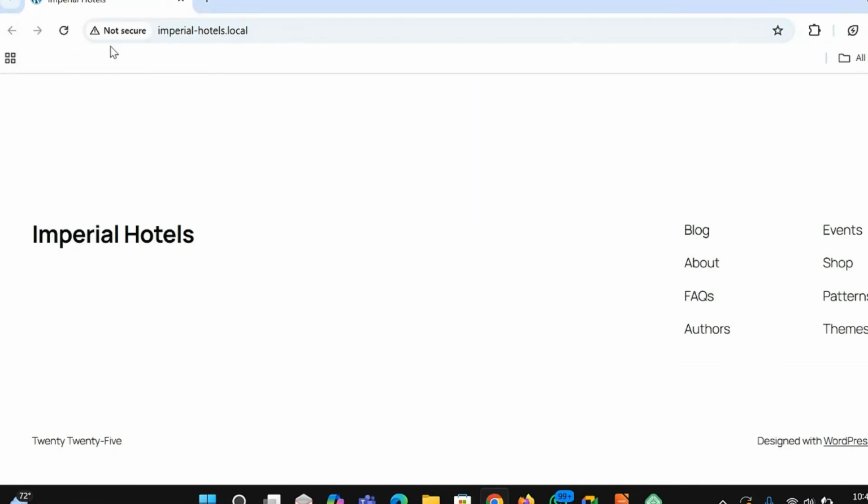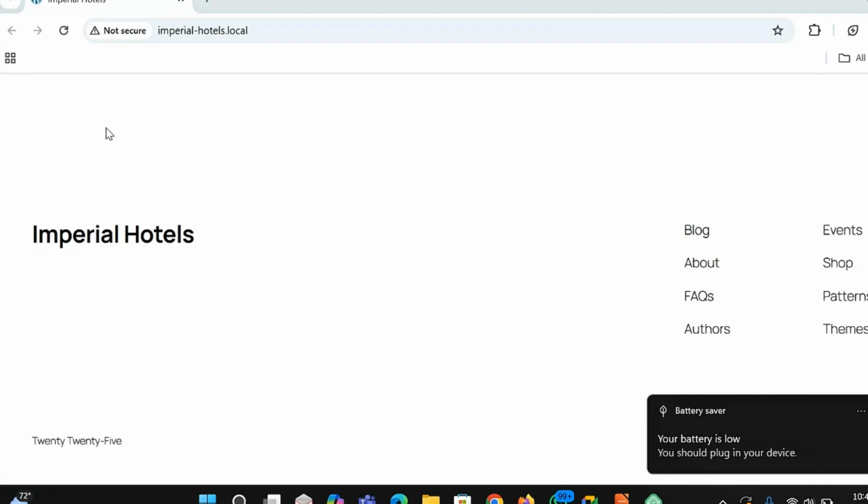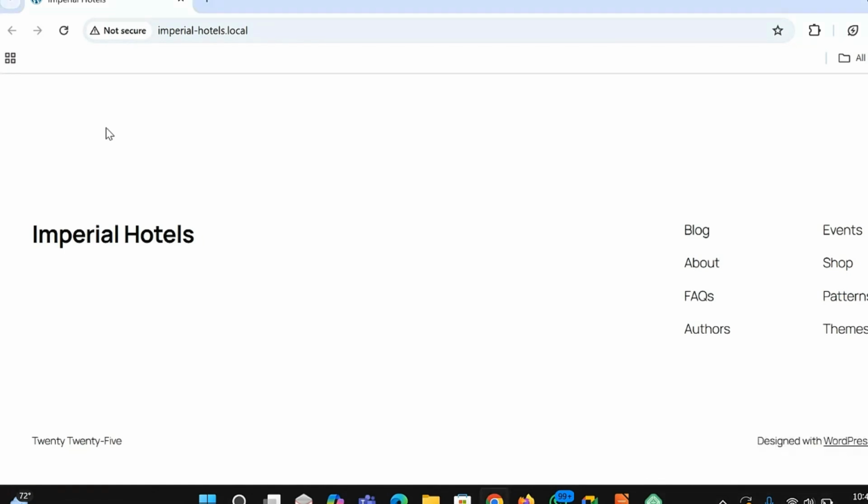Then it says my browser is warning me that this site is not secure. Of course it is not secure, because its domain name does not have a security protocol attached to it. My battery is running low, so I'm going to end here, but this is what I'm going to pick up tomorrow. Please download Local and install it onto your computer. Tomorrow we are looking at this site entirely. How do you edit the entire site? How do you edit, remove this, add that? How do you choose which kind of website you want to build? How do you add themes and plugins? How do you remove plugins? So for today, this is it.